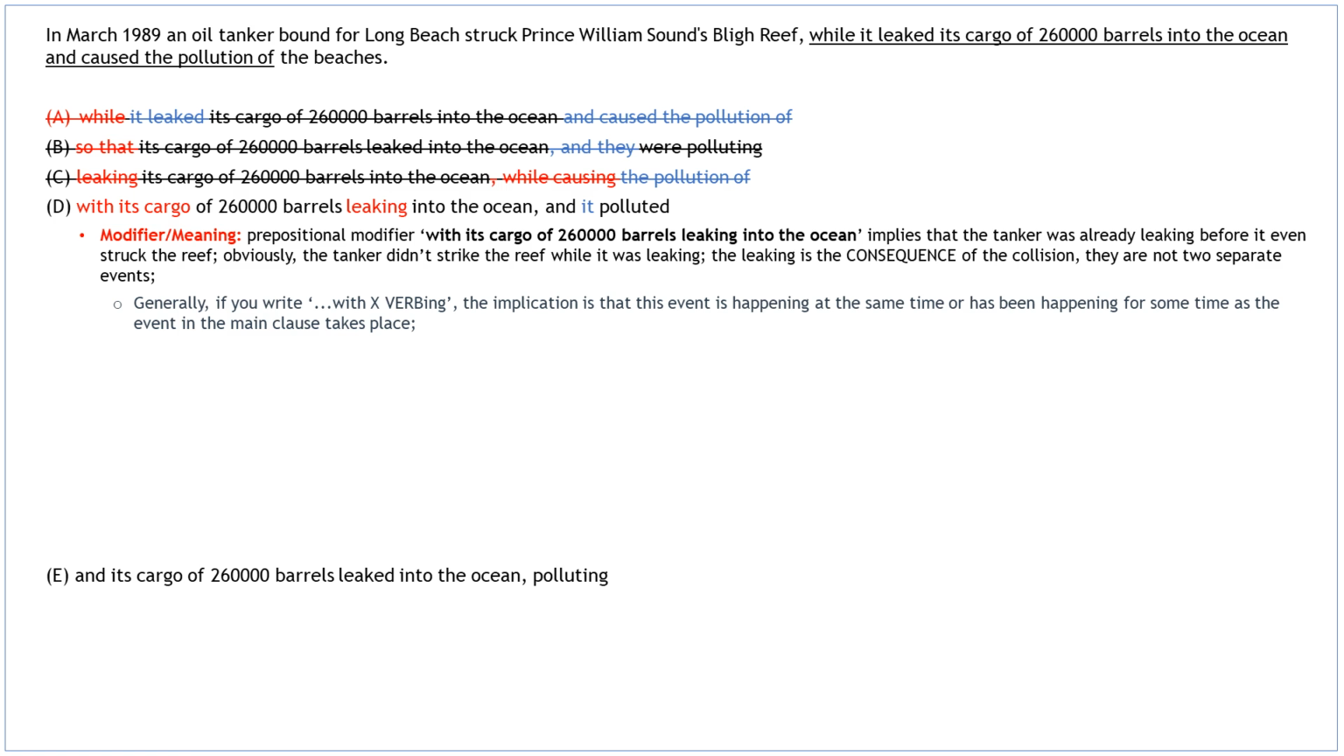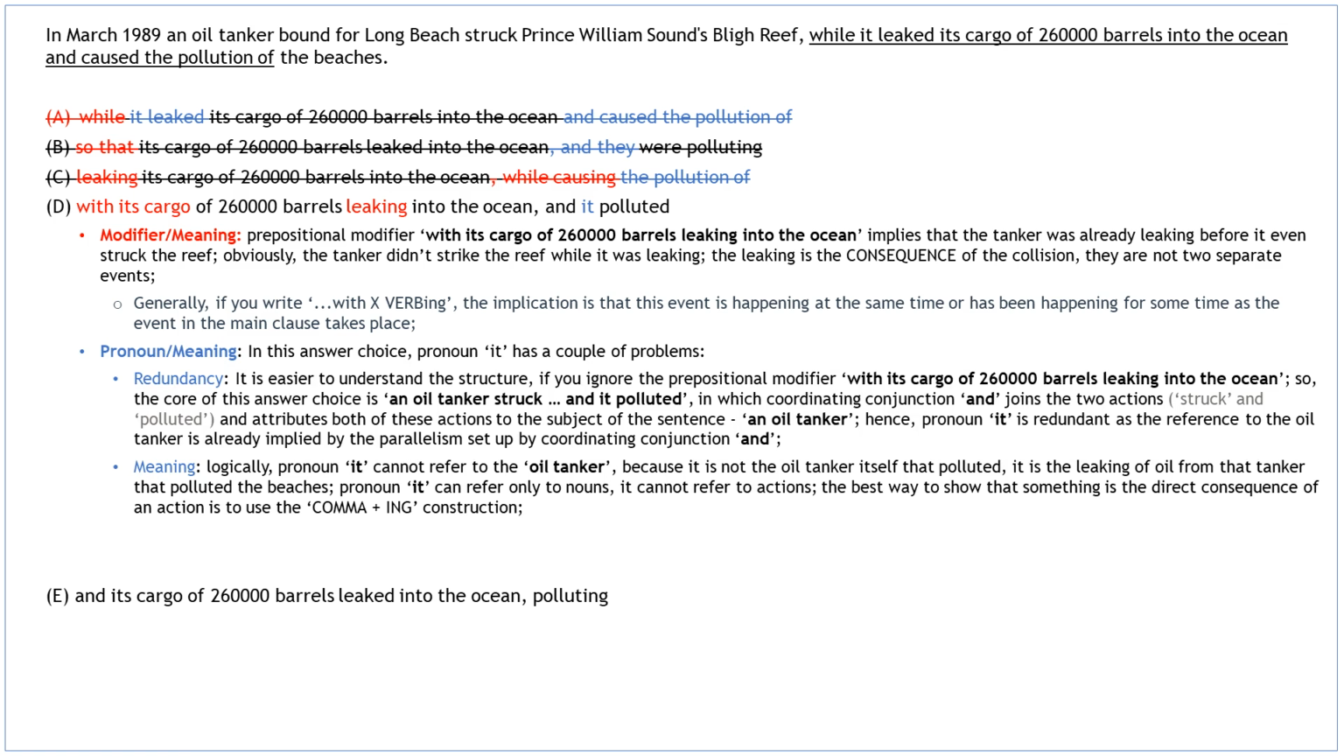Also, in this answer choice, the pronoun "it" has a couple of problems. It is easier to understand the structure if you ignore the prepositional modifier "with its cargo leaking into the ocean." So, the core of this answer choice is "an oil tanker struck, and it polluted," in which the coordinating conjunction "and" joins the two actions and attributes both of these actions to the subject of the sentence, an oil tanker. Hence, the pronoun "it" is redundant as the reference to the oil tanker is already implied by